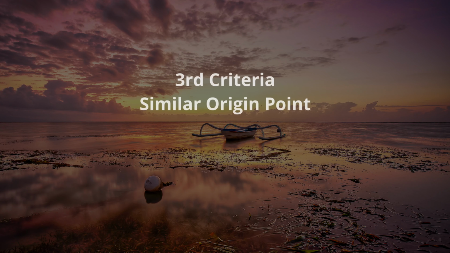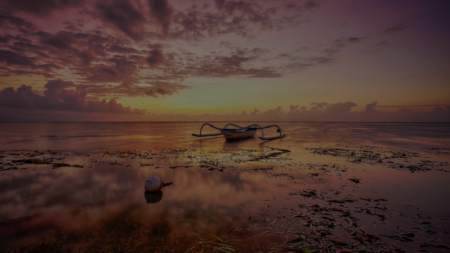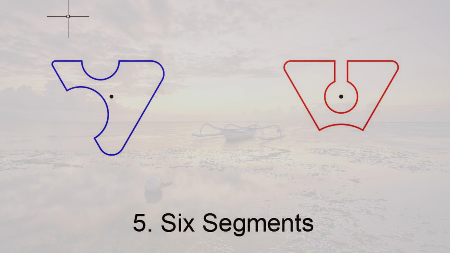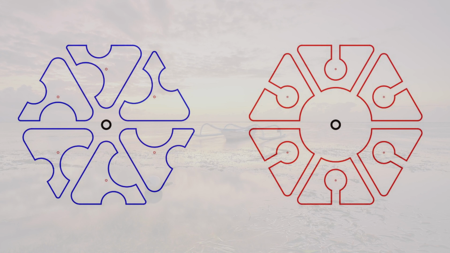The third criterion is that the non-ideal shape's origin point has to be in the exact same location as the ideal shape's. From here, we can see that the origin point of the non-ideal shape is in the exact location similar to the ideal shape, although the shape is not symmetrical. And when this non-ideal shape forms the honeycomb cluster, the formation will be good as in this illustration. If all these three criteria are met, the use of non-ideal shapes can give a unique and eye-catching perforated pattern